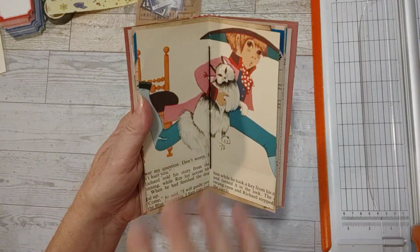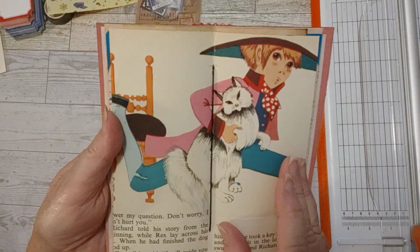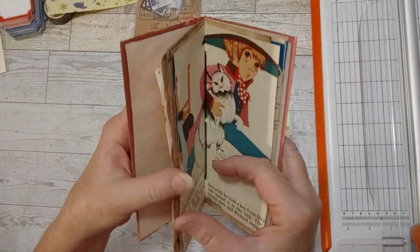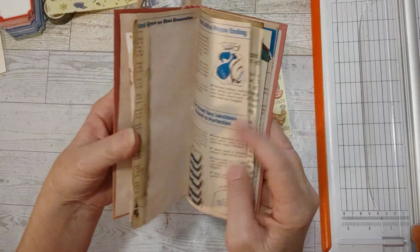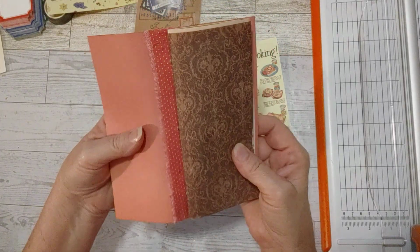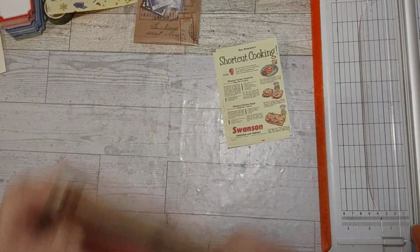It's very vintage, and it's from the era where they use these really vivid, bright colors, which I love. So that is in there. So that's the pages, and now I want to decorate a little. And so I'd like to put a pocket, and I'm going to, like I said, use some of my